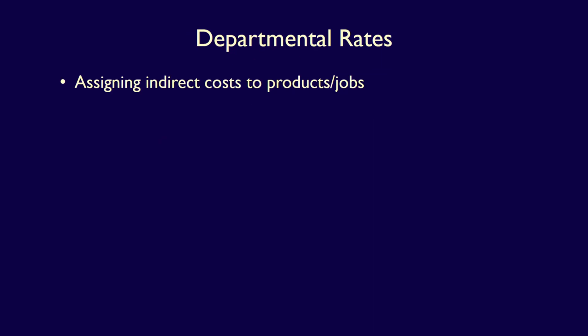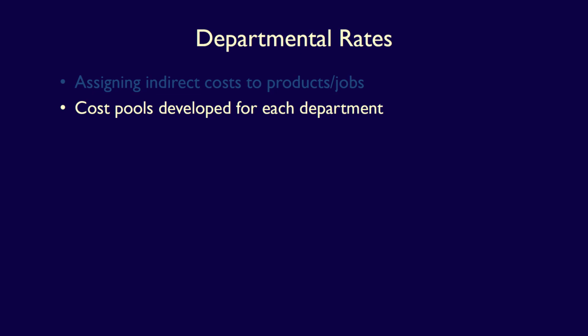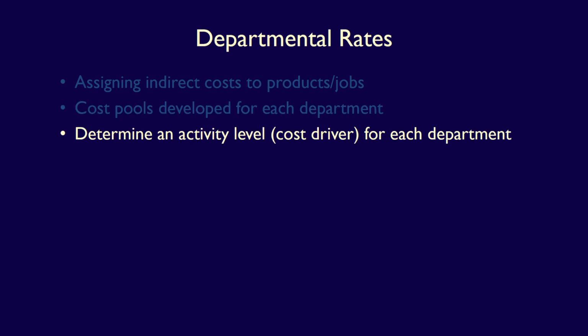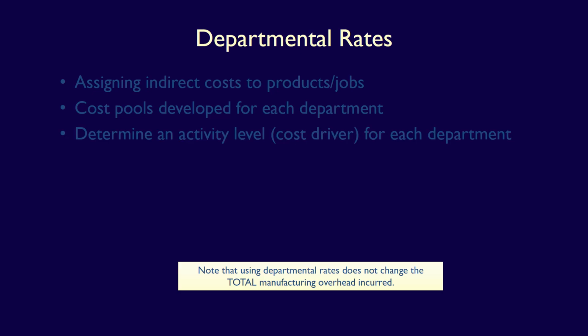Using departmental rates is another method of allocating indirect manufacturing costs to products or jobs. In this case, multiple cost pools are developed, one for each department in the organization. Each department then chooses an appropriate activity level, the cost driver, what causes their costs to not only happen, but also to change. It's important to note that using departmental rates does not change the total amount of manufacturing overhead